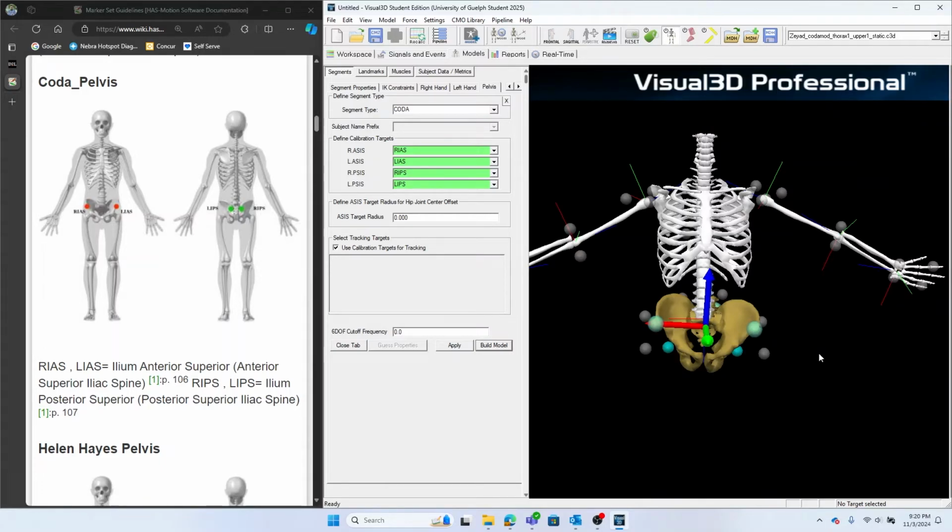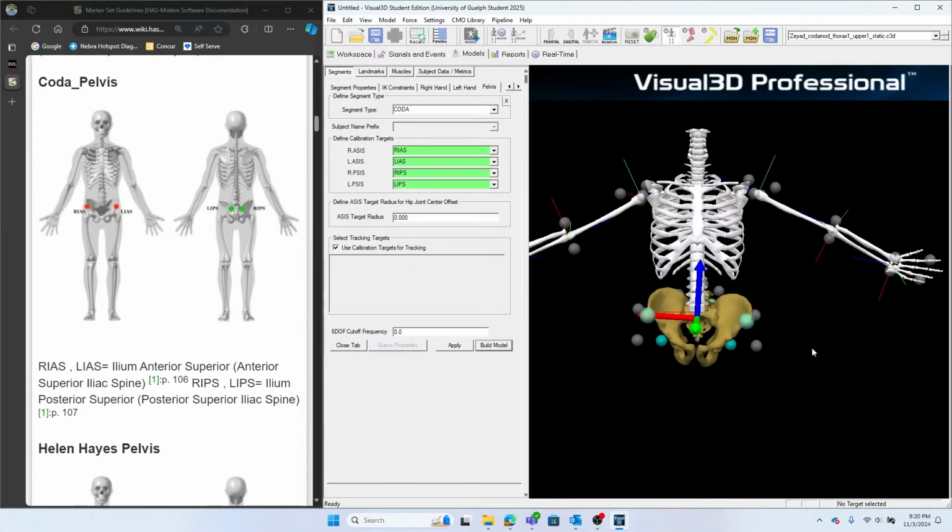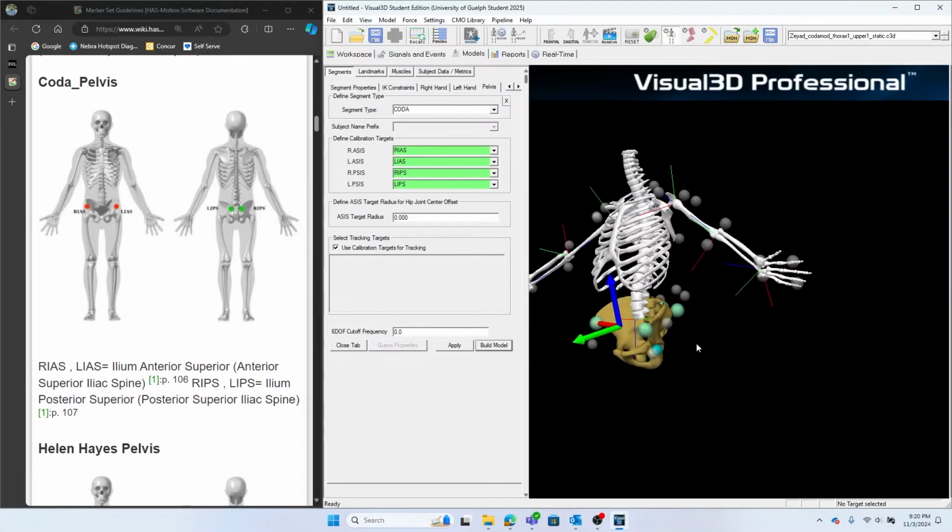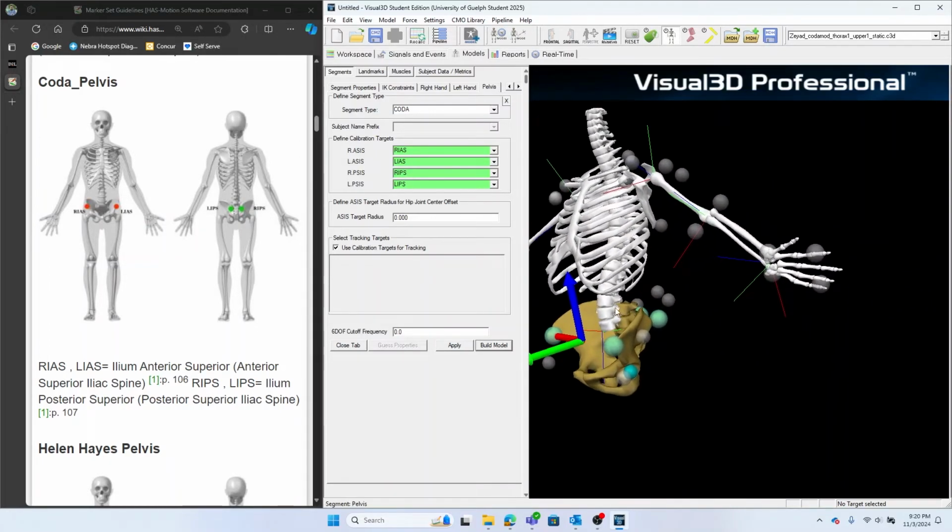What I'm trying to allude to here is if you were to rotate this model, you'll see very quickly how off we are. See how much off we are in terms of placement. So yours might be much better than mine, or it might be much worse than mine. And that's the cost of pairing a coda pelvis with the thorax ab model 1,